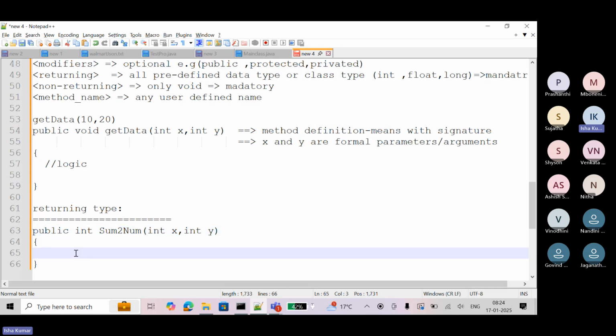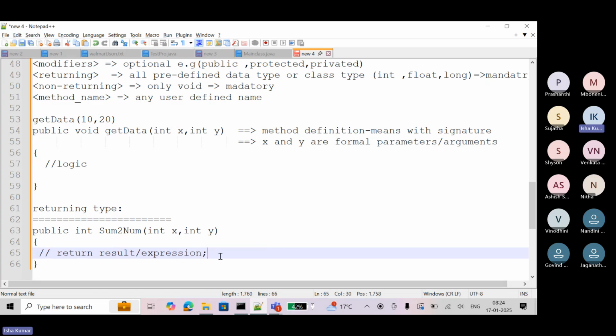The main important part is that while returning, we must use the return keyword. Return the result, or you can return an expression also. Either you return a result or an expression. Here, give a semicolon. I am commenting this.